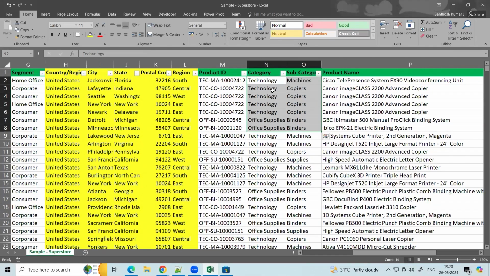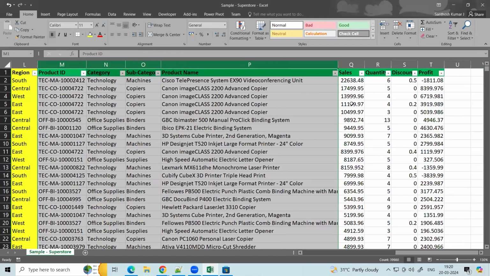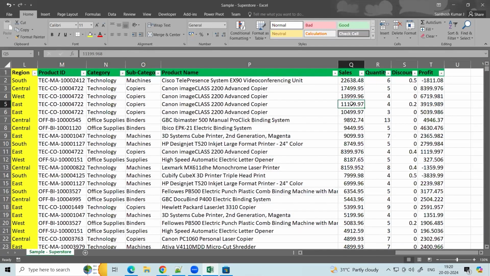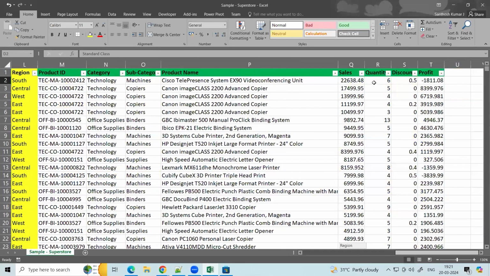And this is an actual product, right? So this is also all over the same. Now, mainly we'll talk about the main column in this data, which is sales. So this person, Sean Miller, is coming from United States, from Florida, from the South, and purchased an order ending with 317. He purchased on the 18th, and that was shipped on the 23rd. He has just opted for standard class, and he has purchased 6 quantities. And the total price of 6 quantities is